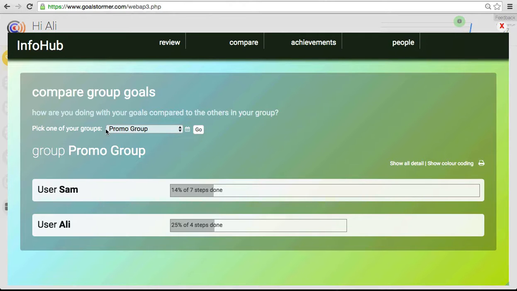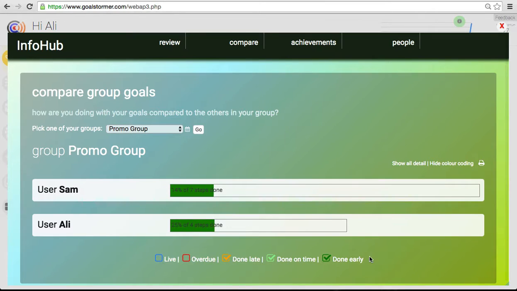And what we now have for the group here is a list of all of the users within the group and a bar chart which shows their progress through the steps that they've taken on through the goals which they've shared with the group. And we can also color code this with a key at the bottom here. And the size of the bar chart, from here across to the right hand side, shows the number of